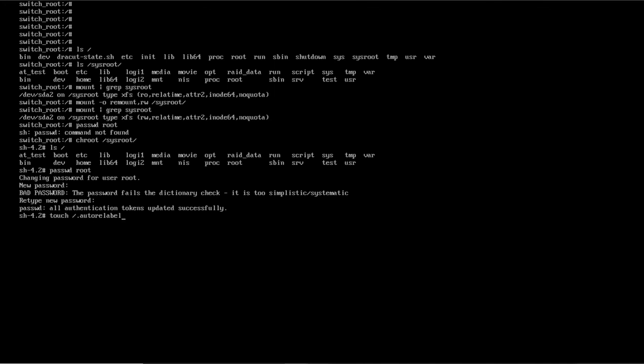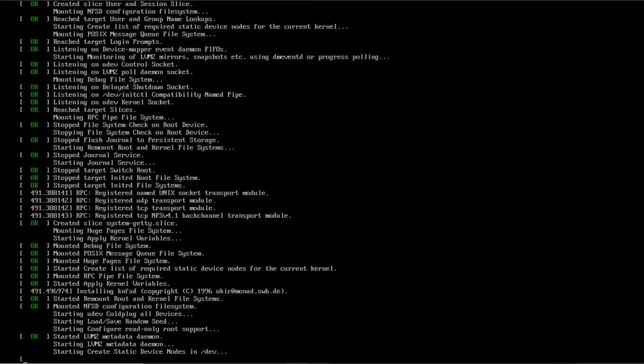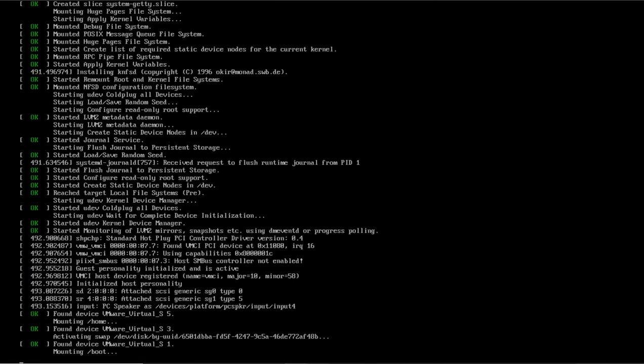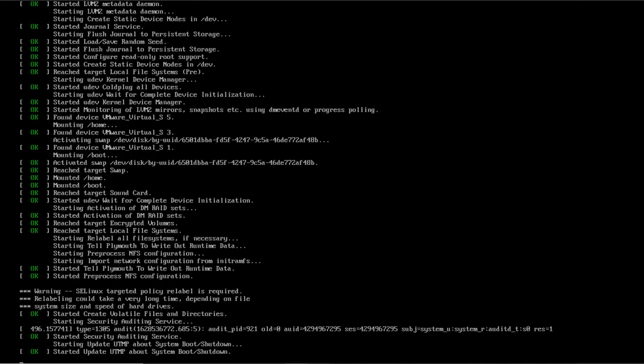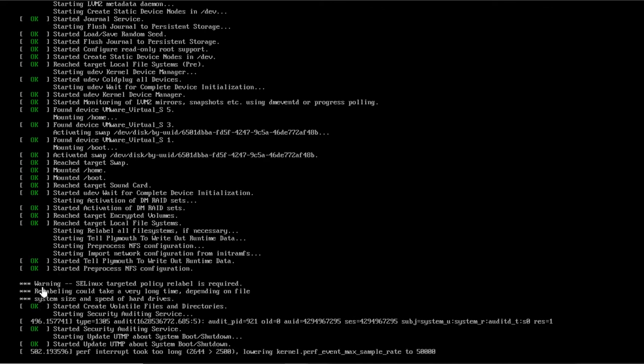Now I know, so I did it, and then I can exit from here, and then exit from here also, and our system is going to boot normally. You can see when it does the SE Linux step, here it is doing the relabeling and it is done very fast. This is the warning: SE Linux target policy relabel is required, and relabeling could take a very long time depending on the file system size.